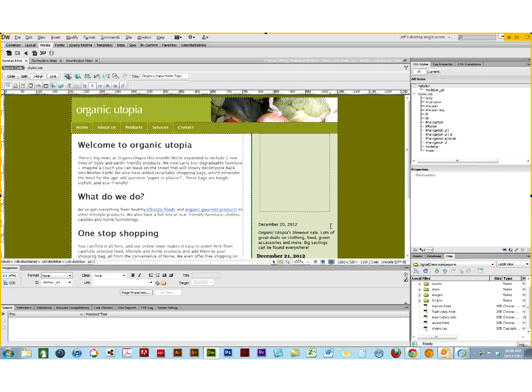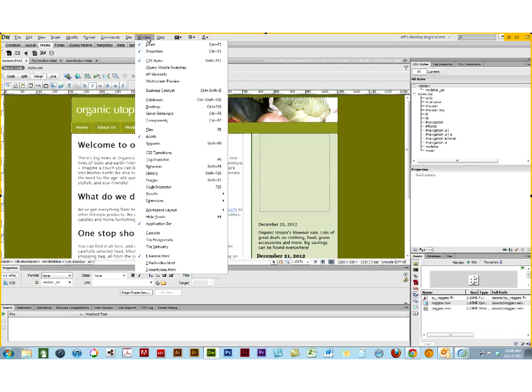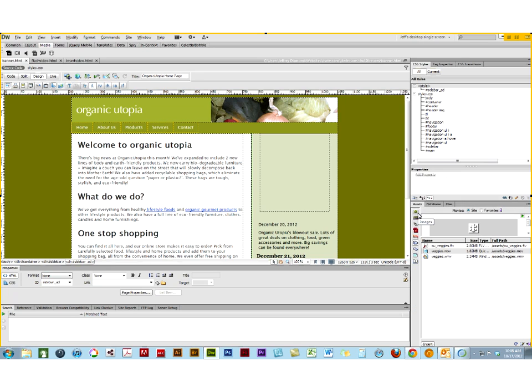The third one is a little different, and it's one that we haven't explored yet. It's related to a panel that we haven't explored, and it's the Assets panel. Now, I've got my Assets panel docked with my files and database. I've customized my workspace a little bit. But if you don't see your Assets panel, all you have to do is select Window and choose Assets. So what the Assets panel has, it has a way of organizing all of your content that's within your website according to images,